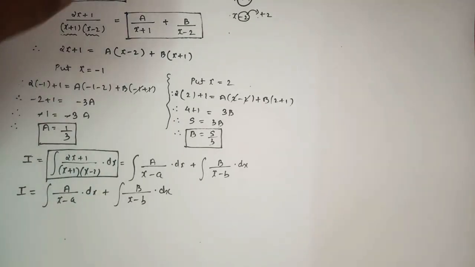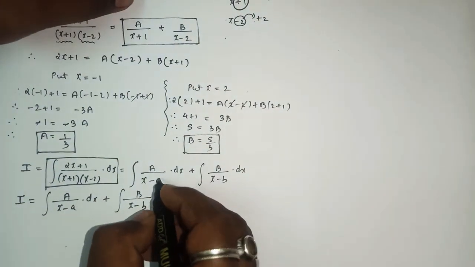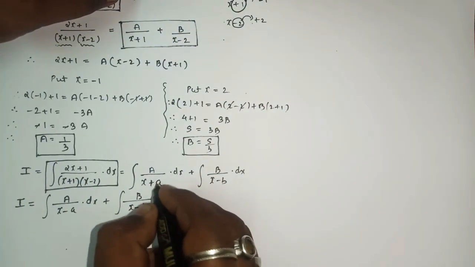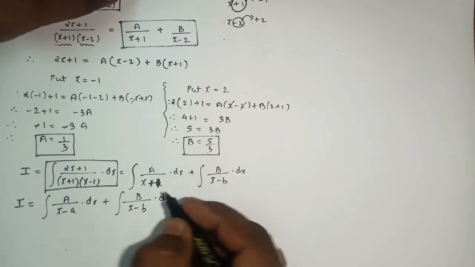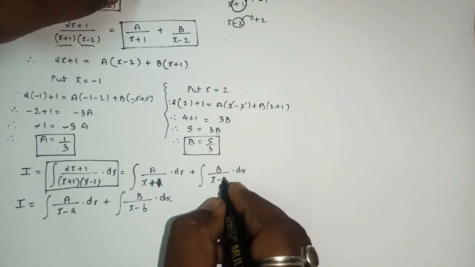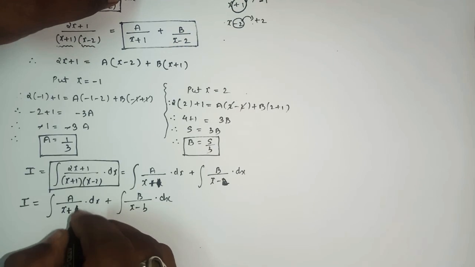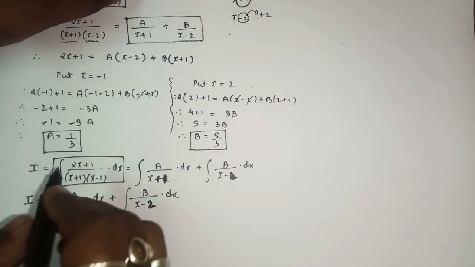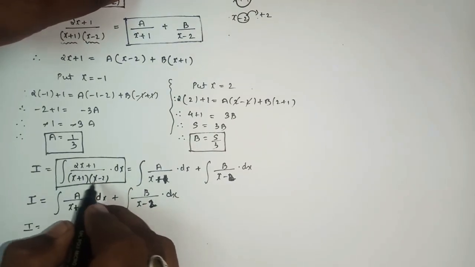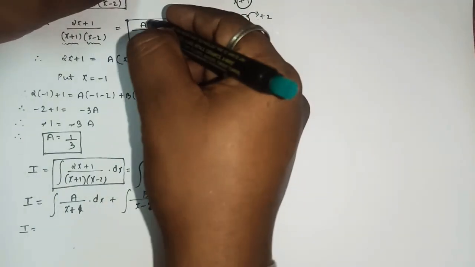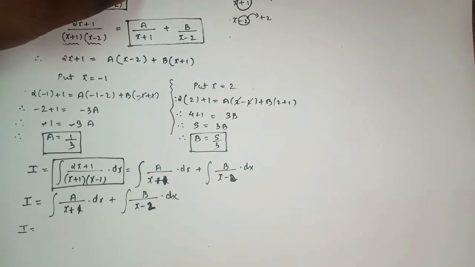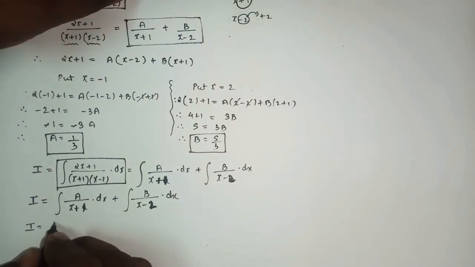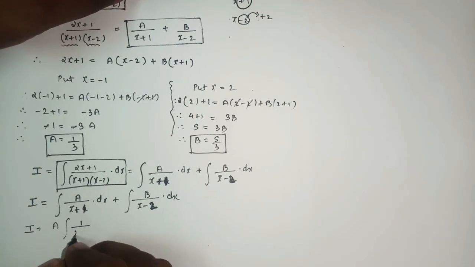So here, a, it was x plus 1, yes or no, and here it was x minus 2. So you will write x plus 1, x minus 2. Understood? As here the integral of the function over x plus 1 times x minus 2 is replaced by what? A upon x plus 1 plus b upon x minus 2. Got the point? Okay, so now we'll bring this a outside the integral,